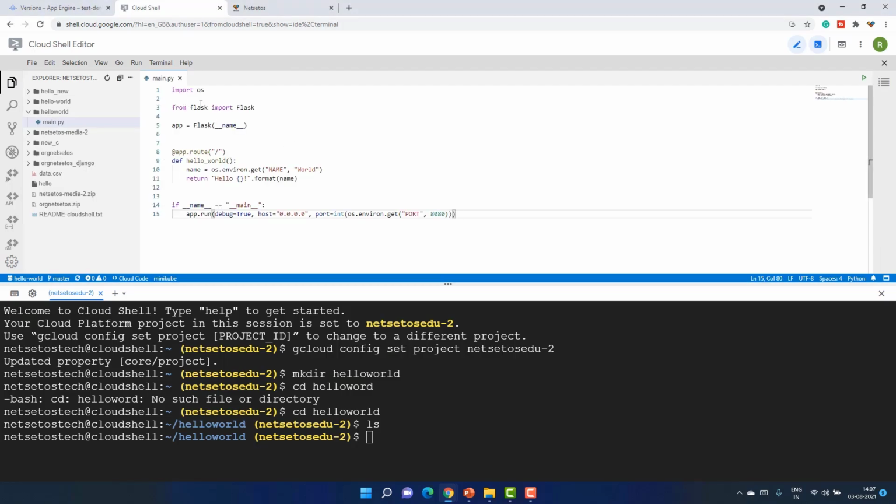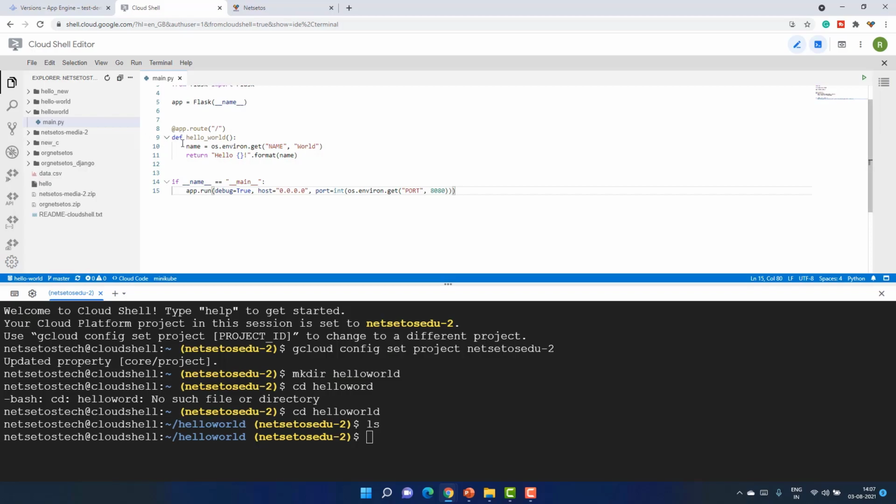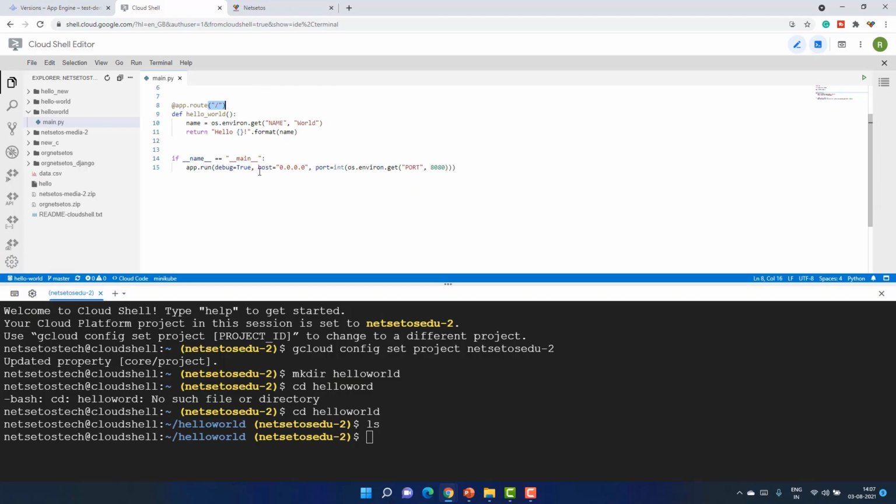So here, first thing is import os, and from Flask we import Flask, and we have created an app instance using Flask. Then we are saying hello world. This is for an empty URL, so if somebody goes to the base URL, it will be redirected here, and here I am just saying hello world. Then in the name main we are just saying app.run, and this is for the whole of the internet: if the request is coming from anywhere on the internet, I am going to accept it.